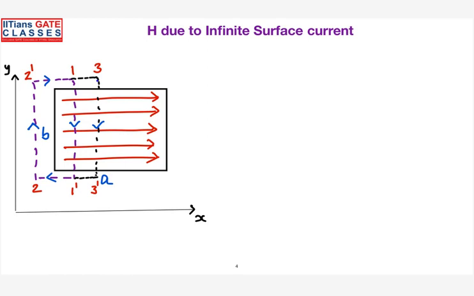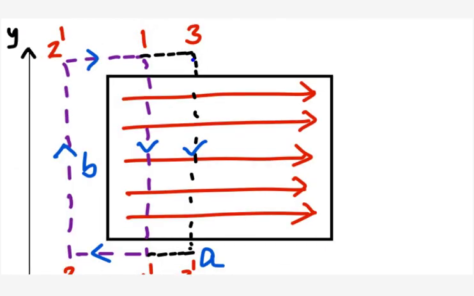So I have to consider a loop along the y direction. So I have considered a loop something like this. The reason was the magnetic field is existing in that direction only. So let me analyze why it is there. Since the current is flowing along the x direction,